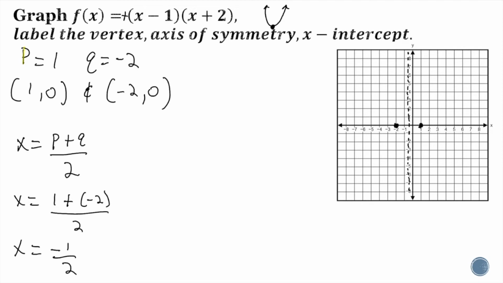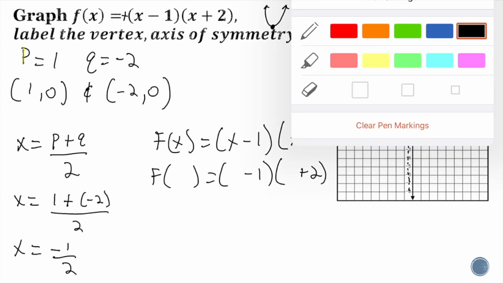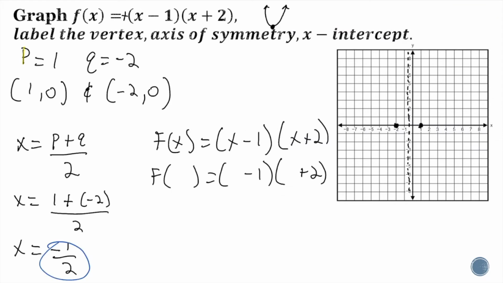But I don't know where my vertex is. And so now I need to substitute this value into the original equation. So I'm going to rewrite it up here. f of x is equal to x minus 1 times x plus 2. So using a different color, I need to substitute this negative 1/2 for every value of x. So negative 1/2 minus 1 is negative 1.5